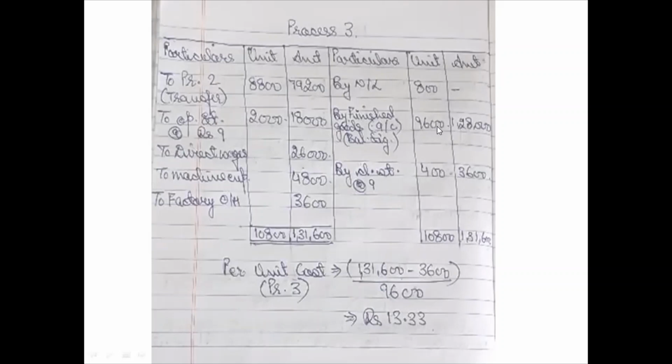So 9,600 is our output, and the cost incurred on these 9,600 units is 1,28,000. So the per unit price which is coming for these particular units is 13.33. So if you want to sell a product in the market and the product is manufactured through a sequence of processes, process 1, 2 and 3, or n number of processes, then the cost which we have identified for that product is 13.33. Add a profit margin to it and sell it in the market.